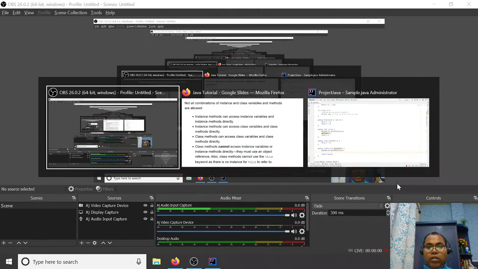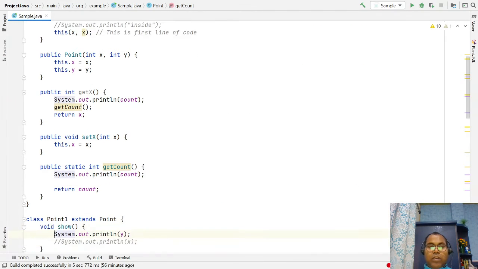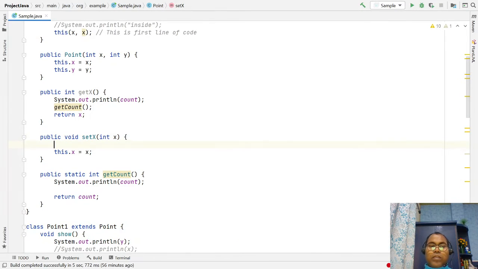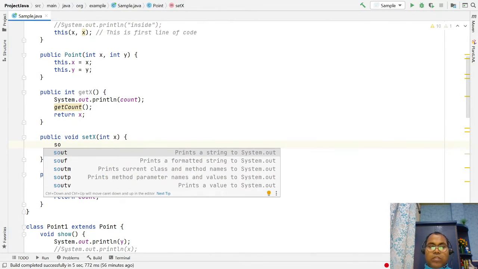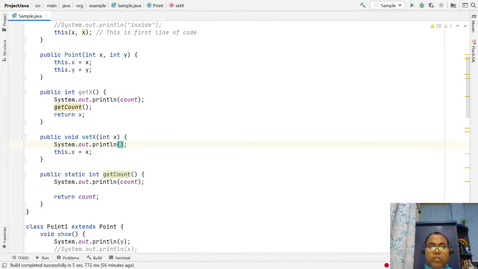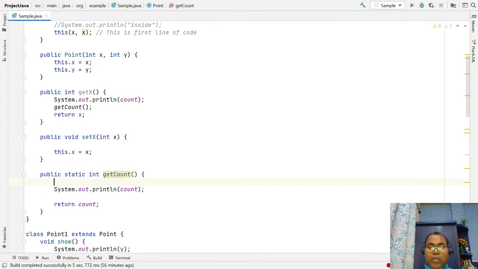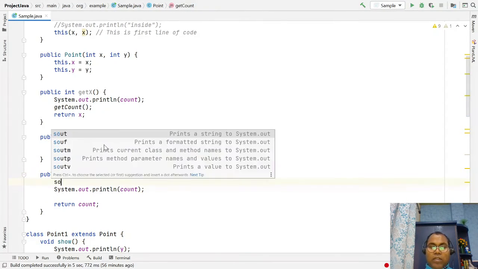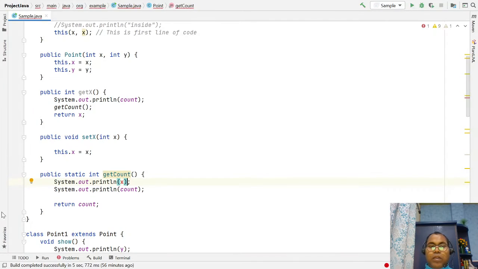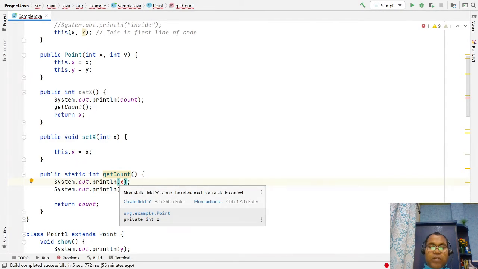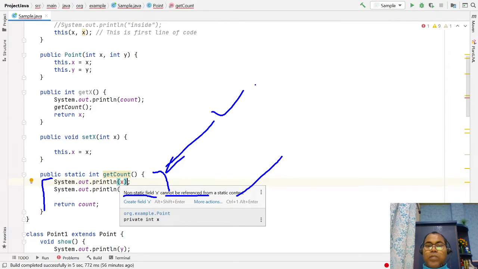This is the instance variable x. If you are in a class method, like a static method, and you want to access System.out x, x is not allowed. X is an instance variable, a non-static field. An instance variable cannot be referenced from a static context. In a static method, you cannot access your instance variable.